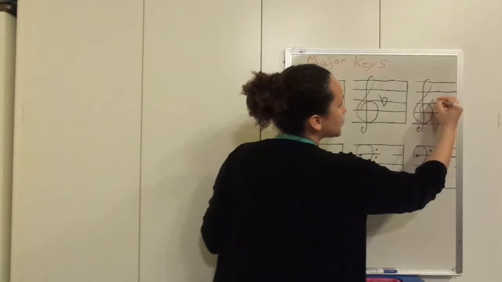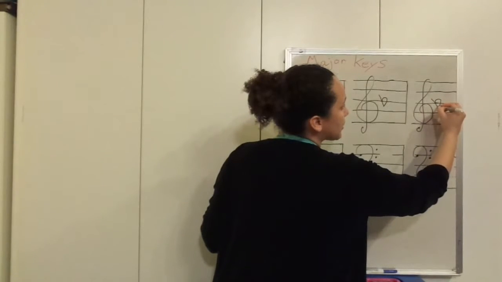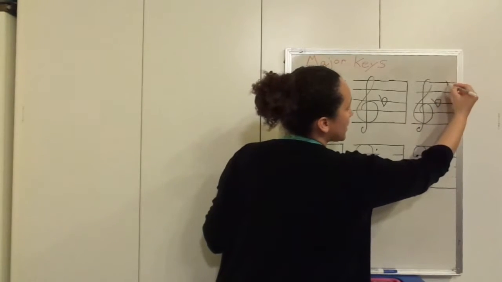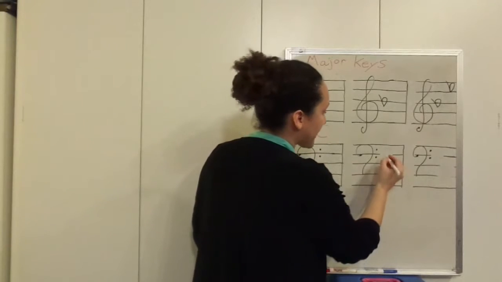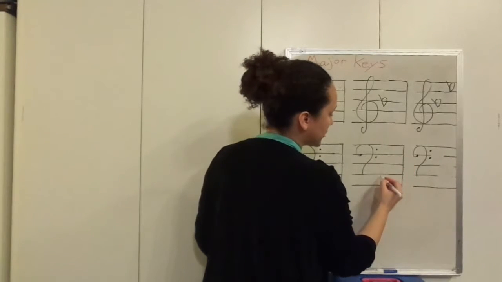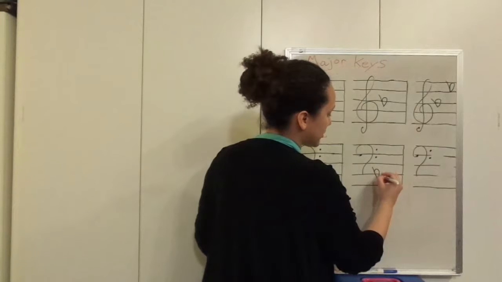And then over here we're going to start with the B. There's our flat, and then we're going to go up and have the E. And there's our flat on the E. And in the bass, that's going to look a little bit further down. Here's our flat on the B,